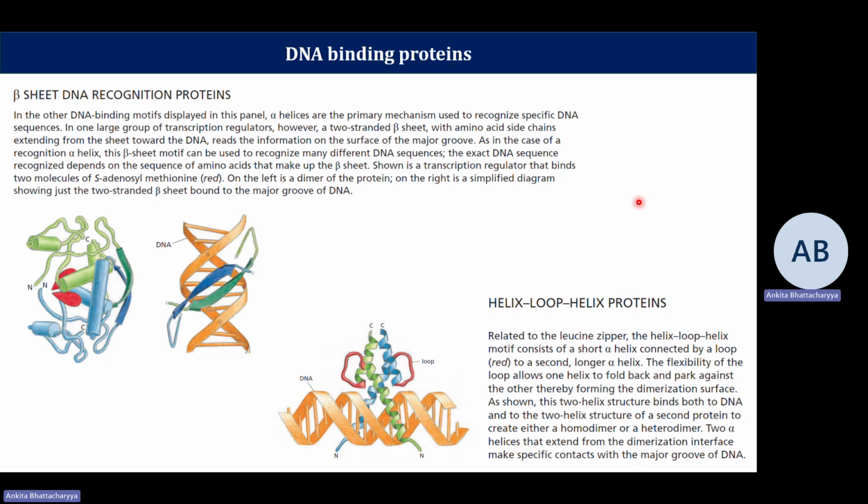So it consists of a short alpha helix connected by a loop to a second longer alpha helix. The flexibility of the loop allows one helix to fold back and park against the other, forming the dimerization interface. So if you see here, there is dimerization occurring, and these two helix structures both bind to